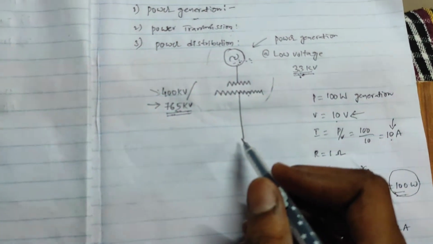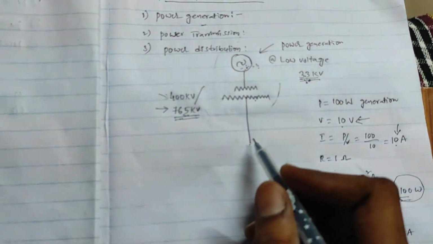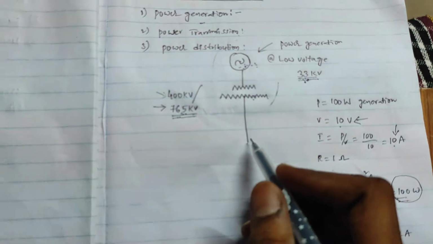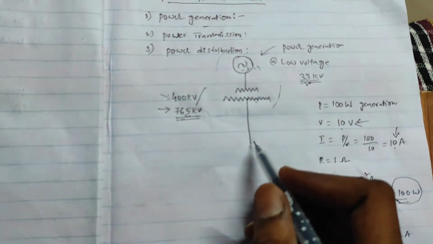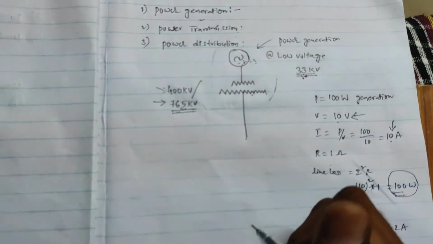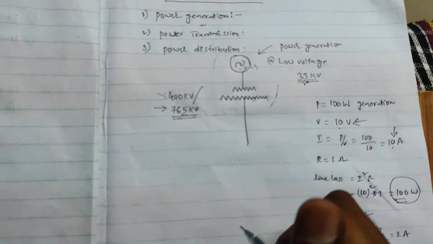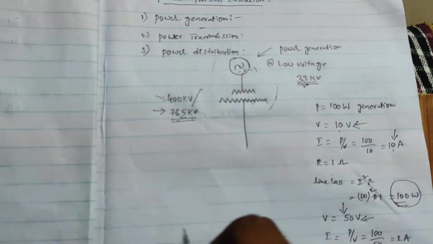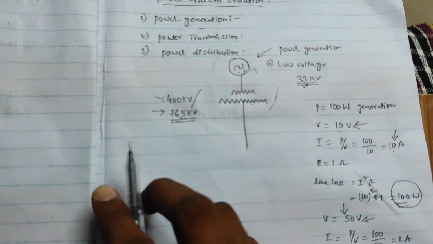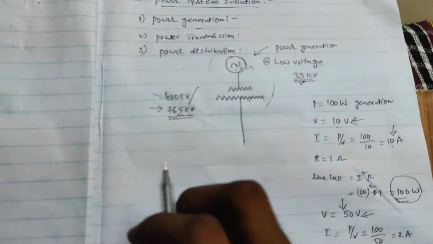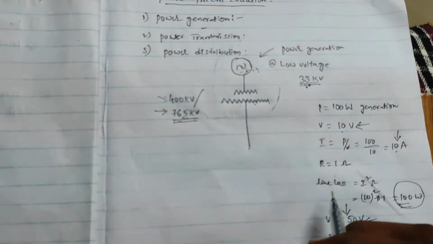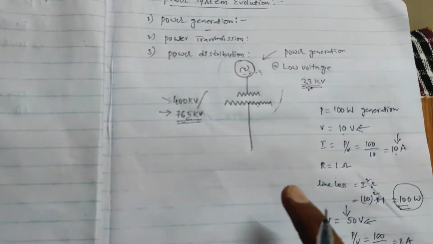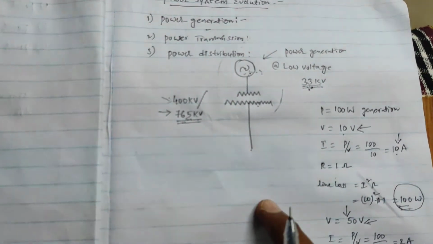Where we can have stepping down of power takes place. So power grid is a point where collection of all the power from all different power generating stations takes place, and from that power grid point, we can transmit